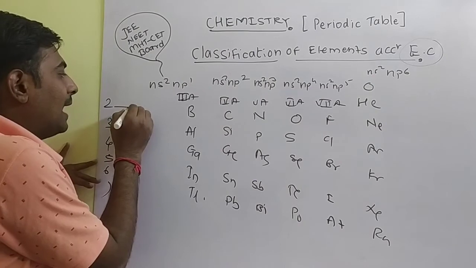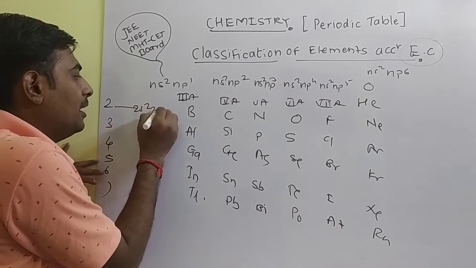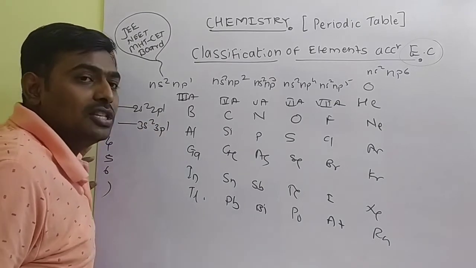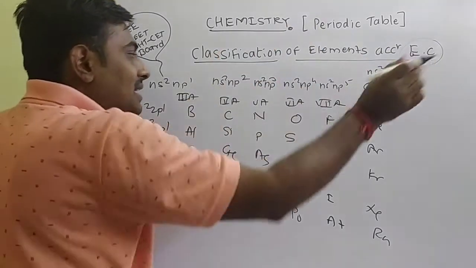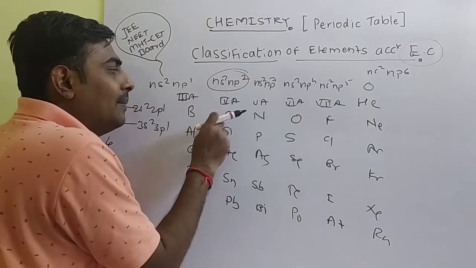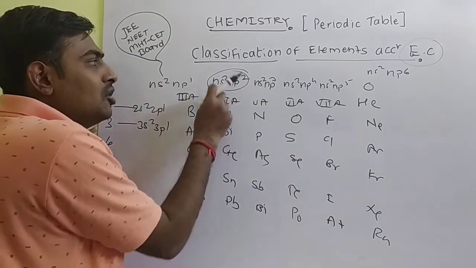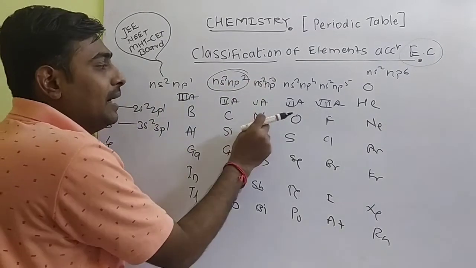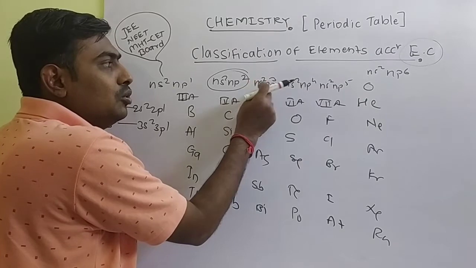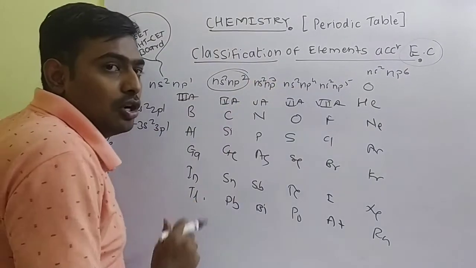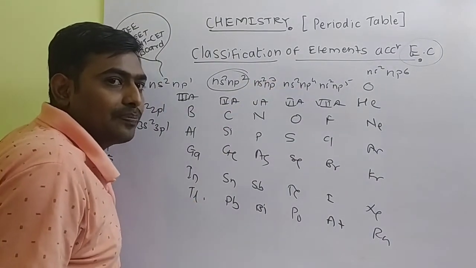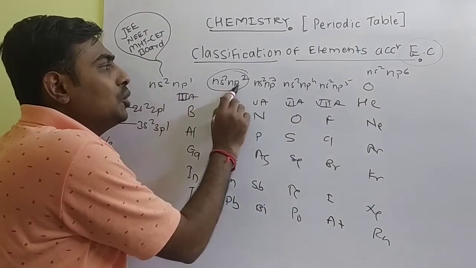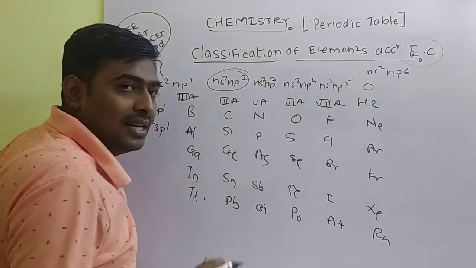So boron shows 2s2, 2p1. Aluminum 3s2, 3p1. So this type of electron configuration is shown by each and every one. When we are discussing carbon, carbon is present in the second period, so 2s2, 2p2. Nitrogen is again in the second period, and it is 2s2, 2p3. Like this, the electronic configuration is present for elements. So the differentiating electron is the 1, 2, 3, 4, 5, 6. These are the differentiating electrons.